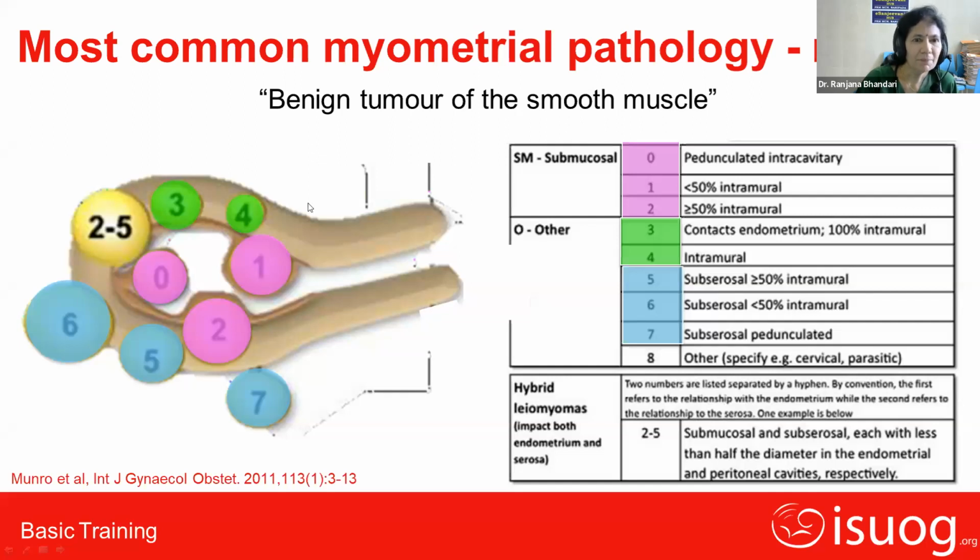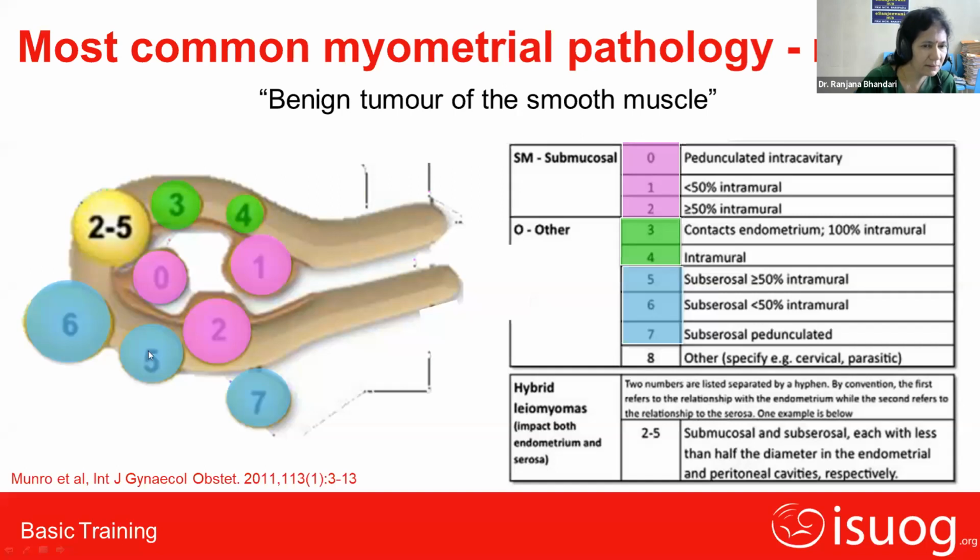This figure is looking so complicated, but it is not so. When I tell you, you will feel it's so easy. We can divide all these types of tumors into 3 groups. This one within the endometrial cavity will be known as submucous myoma, because they are having something introduced into the endometrial cavity. These green color ones will be intramural, because what I mean by intramural is they are in the